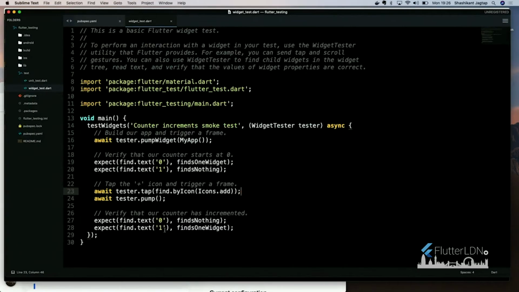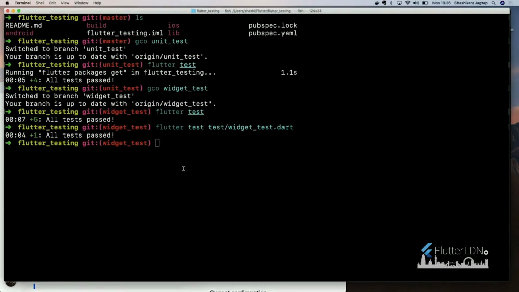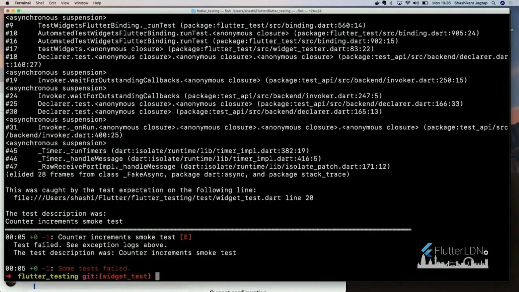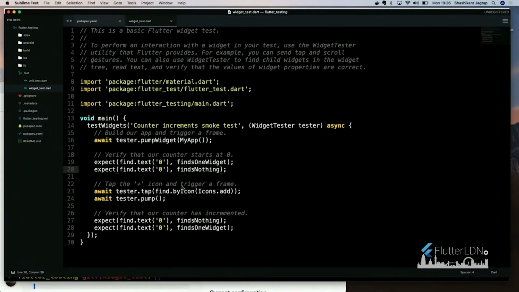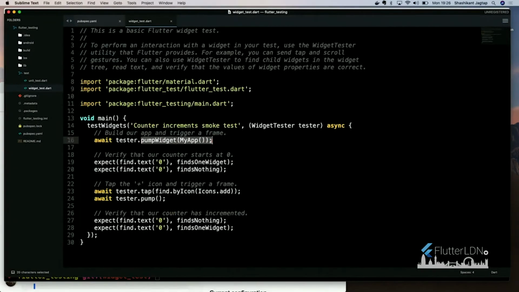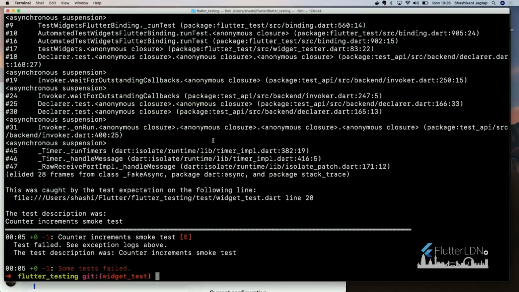So let's try and make this test fail. Yeah, it failed because we changed the initial state. We haven't seen anything, but this is literally pumping the UI and checking that the test is doing the right thing. In the test, at the moment we pumped our main app, but what we can do is